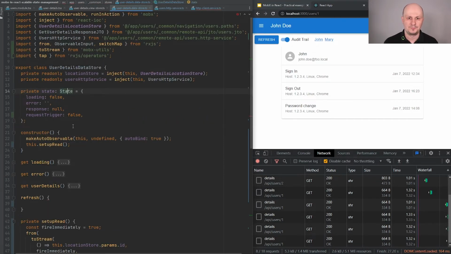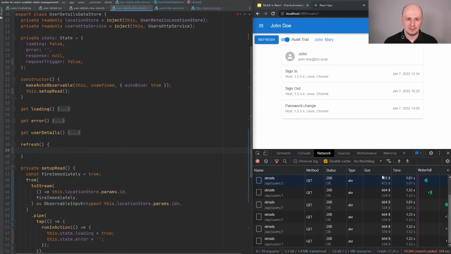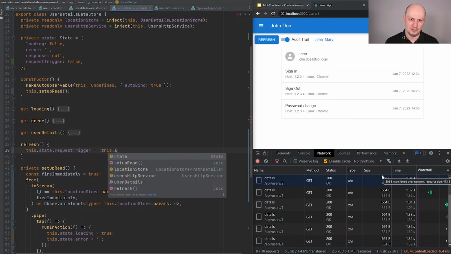Okay, and the refresh button is going to toggle the request trigger to its opposite state, so from false to true and from true to false.